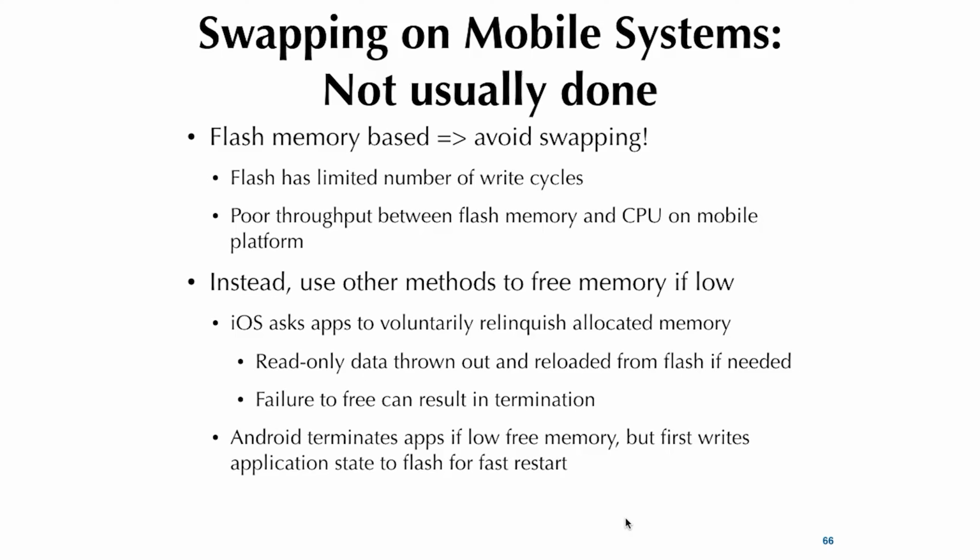And in fact, it would even throw out, it knows what's read-only. So code could be read-only. Maybe certain data tables could be read-only, right? And it knows certain parts it can do on its own without having to tell the process. And these tend to be flash-based, so you might not even need to save anything. And the process better cooperate. If not, then the OS would say, I'm going to kill you, right? Android may do